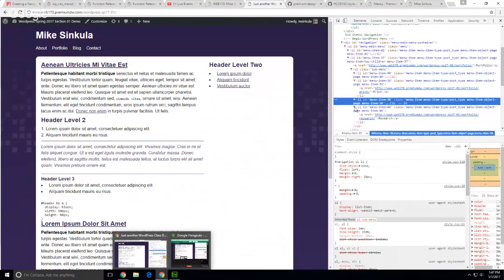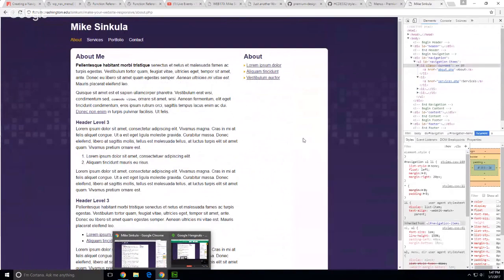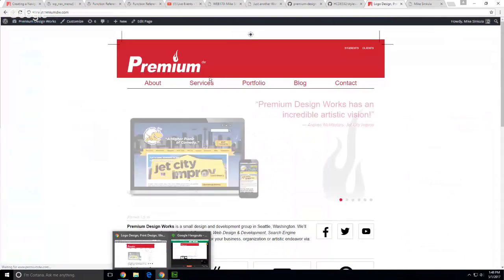Where is it? There it is. That submenu, WordPress is going to write that class in there for you. So in your toggle menu, right? In other words, if we looked at the toggle menu system,